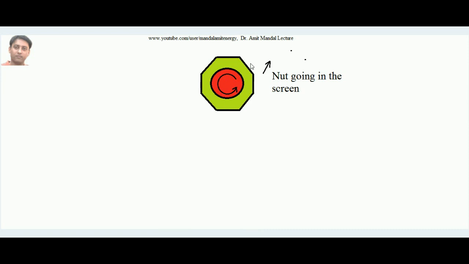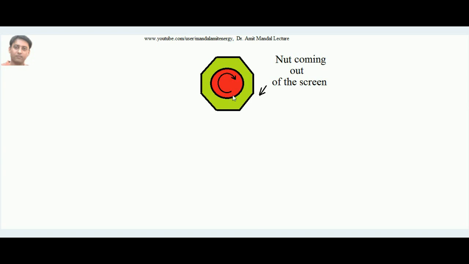This we know: whenever we fasten any two parts with a nut bolt arrangement, when we tighten the bolt, the advancement of the nut is always in the axial direction. So the same thing: this bolt is spinning, suppose in anti-clockwise direction, and this nut is not spinning. In that case it goes inside the screen, and when it turns in clockwise direction, this nut will come out of the screen, and with a huge amount of force. We know that when we tighten the nut of the bolt, a very small torque applied produces a huge amount of axial force on the nut. Okay, this we know well. So we know how a nut bolt arrangement works.